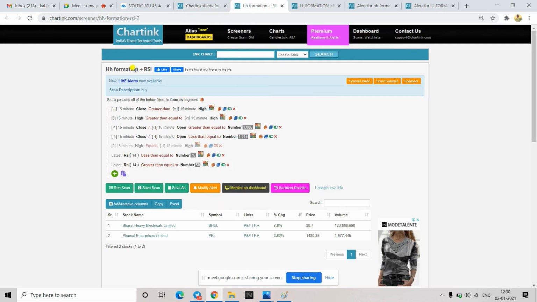So this is how the coding looks. This is the coding based on which we get the alert. Whatever I have told you, the day 15 minutes range and all those things are applied here. What does that HH mean, Kabir? Higher high formation. LL means lower low formation. Tomorrow I'll be covering three phases of market. There I'll tell you in detail about this.